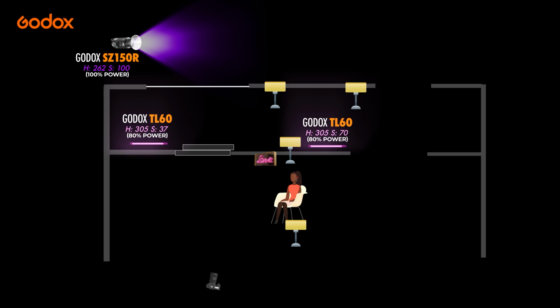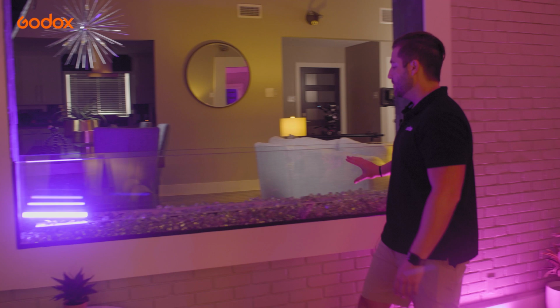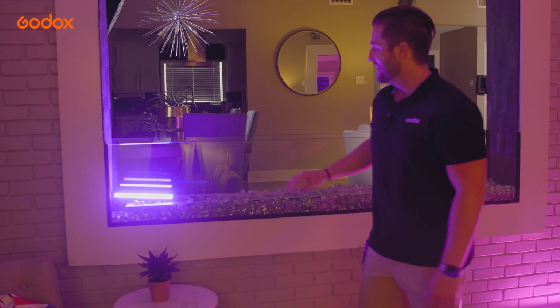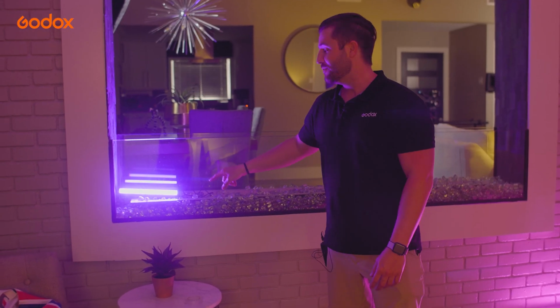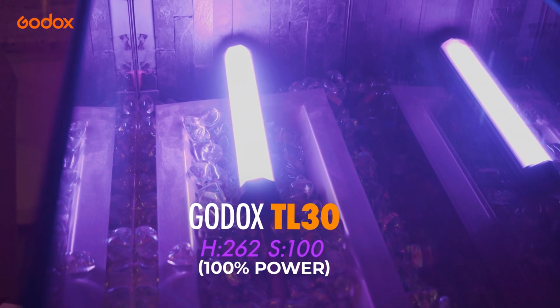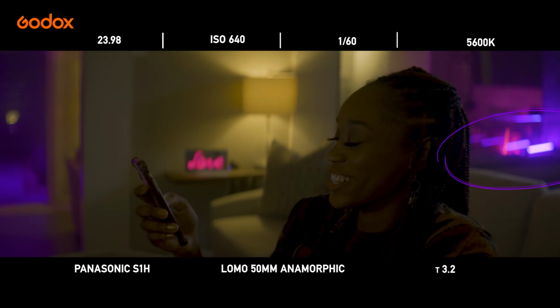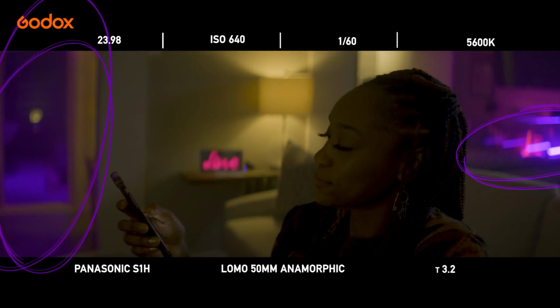So in addition to the TL60 tube lights on the ground, we wanted to come over here and illuminate this little contraption here. And we took a TL30, which we easily placed in here. We wanted this light to complement the same tone that is on the patio. So this helps create even more depth behind the subject and also creates balance for the same light that we're